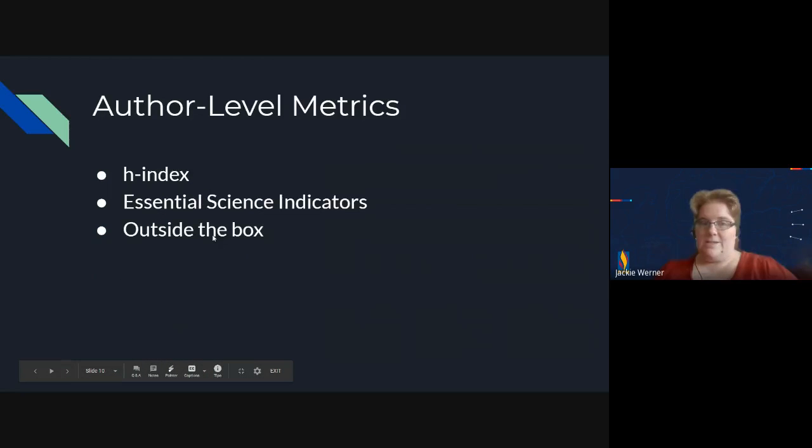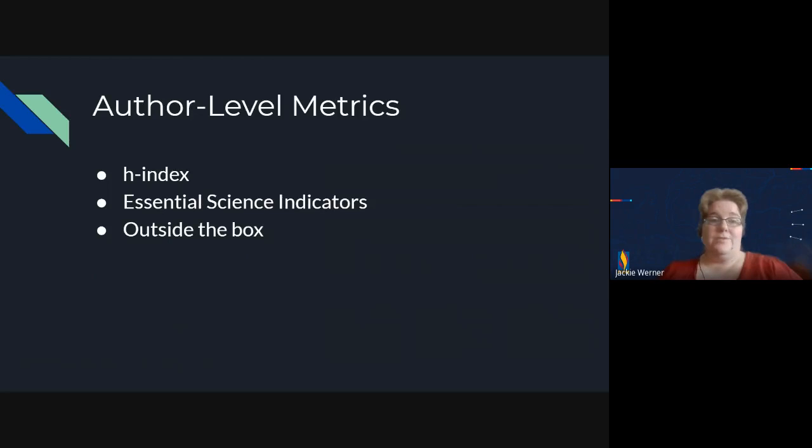All right, so author level metrics. Author level metrics are most important when you're looking for, say, promotion and tenure resources, applying to jobs, applying to residencies, etc. And these are going to cover the general research impact of specific people.